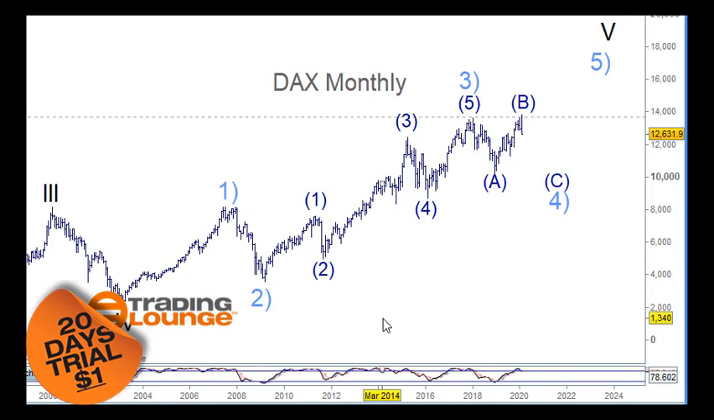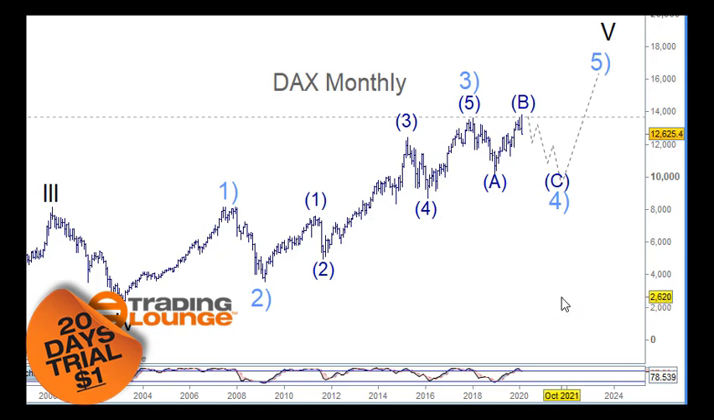So in this case, we can look at this in terms of wave 4 here, with waves 1 and 2 here, then 1, 2, 3, 4, and 5 here for the third wave. ABC for the A wave here, up for the B wave in 3 waves, and then that would leave us with 5 waves to the downside here,